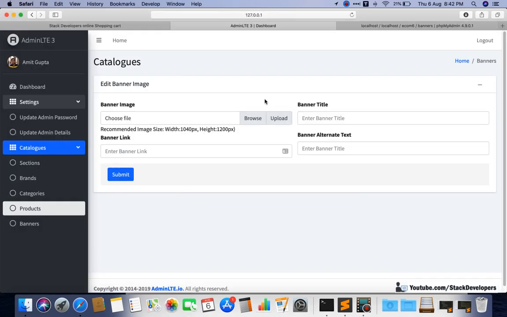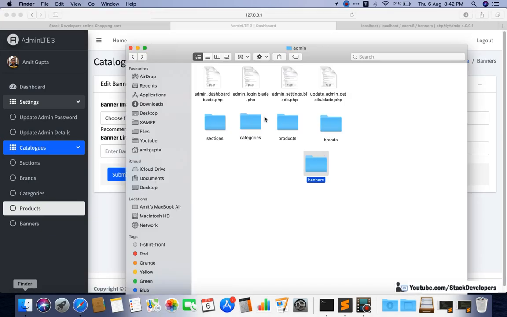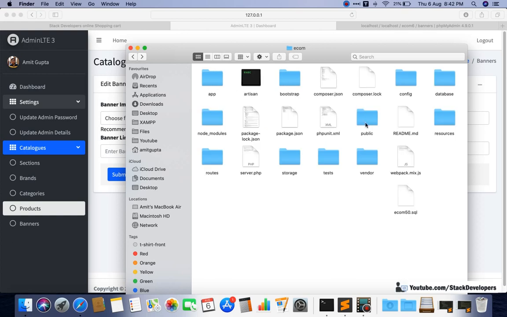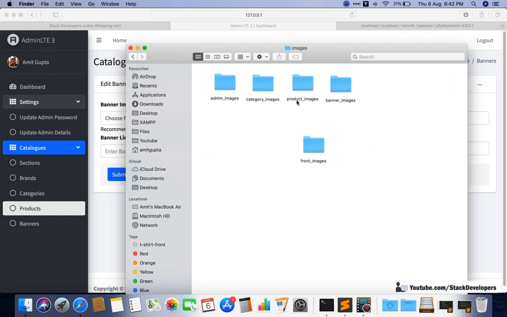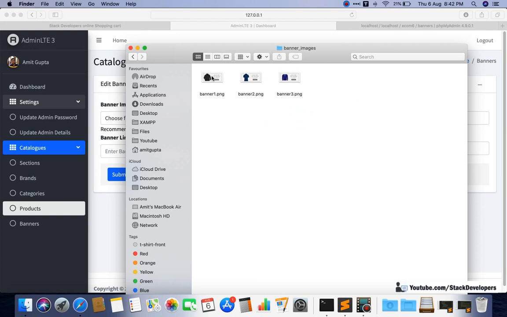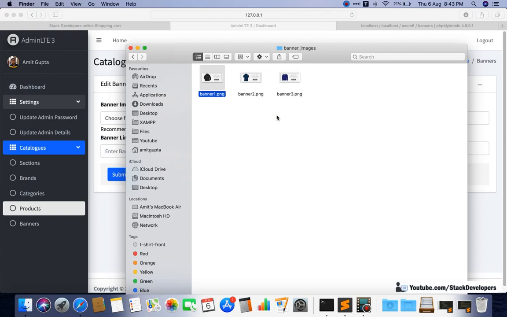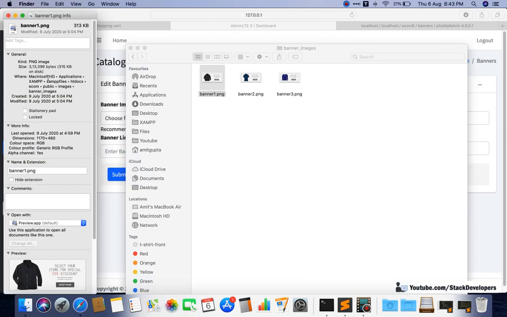Okay, that is fine. Now, width and height of the banner: check once what is the width and height of the banner. We can check in the public folder, public images, banner icon images, and here we can check out the path. What is the path here?